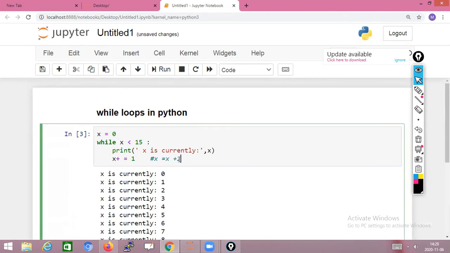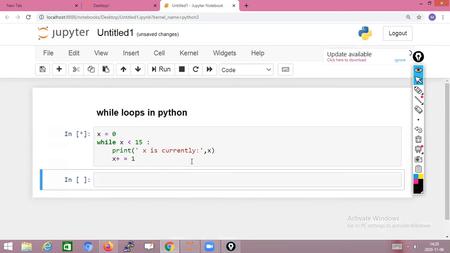It is nothing but x equal to x plus 1. It also gives the same result. Shift enter.